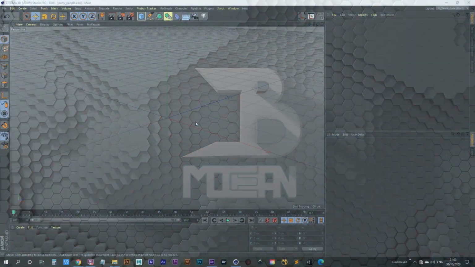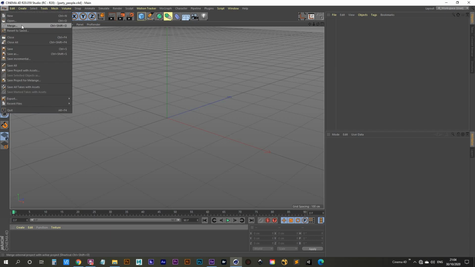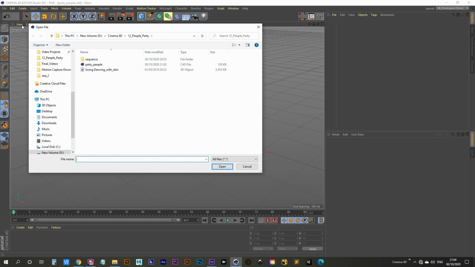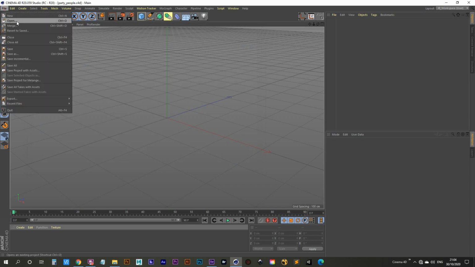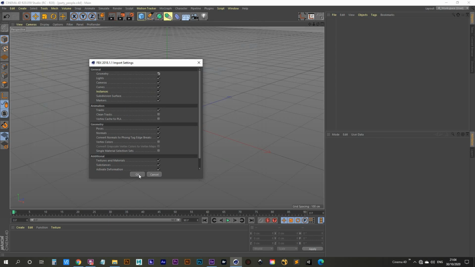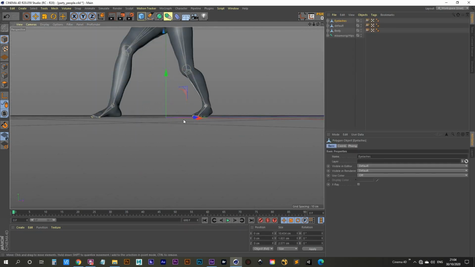Okay, so first thing we're going to do is bring in our Mixamo character. Now you guys might be using your own Mixamo character for this. If not, you're welcome to download this one from the description below. So I just want to show you what I'm doing there. I'm going File, Merge, and let's just double click on the character and click OK. Make sure that your character is standing on the floor